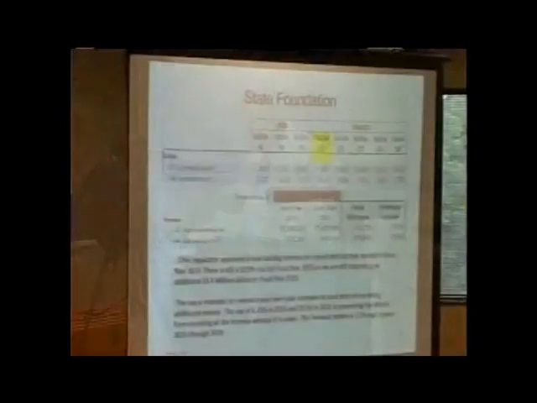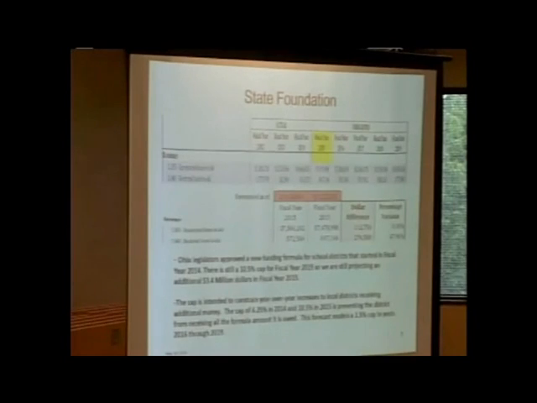So here's what the state looks like. You have unrestricted aid and you have restricted aid. You can see that we're up a little bit in the unrestricted aid, about $112,000. In the restricted aid, we're up about $274,000. They made some adjustments in there, which is why we're up in those lines. I know the audience isn't going to be able to see a lot of these lines, but roughly this year we got $37.4 million from the state. We're projected to get 37.8 next year and 38 after that. So we projected about a 1.5% increase each year in our forecast. Once the biennium is approved and we go to the October forecast, these numbers will be updated.